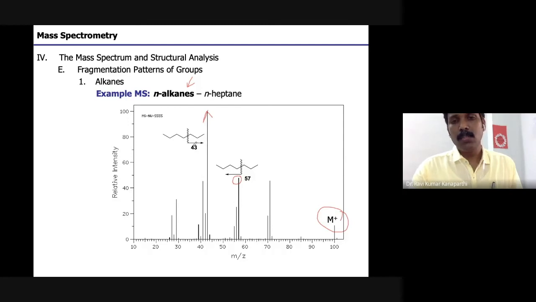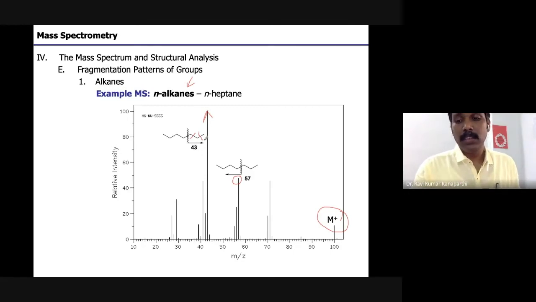Okay, sir, why are you doing only this? These are also possible, that one methyl can be lost. So accordingly, we will see different fragments. So it's not that it will break only here, it will also break here. So these are the different types of fragmentation, and accordingly those peaks can be seen in the mass spectrum. But the most preferred way of cleaving, or the most intense peaks, can be explained in terms of this type of cleavage.